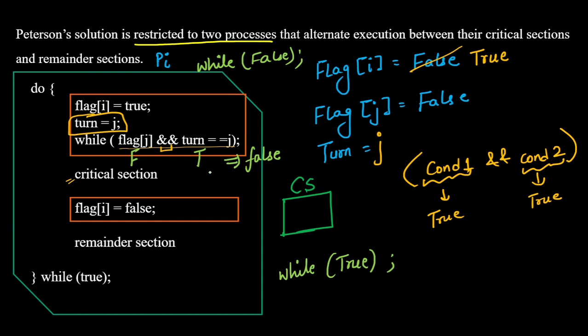Right. So now the condition has become false. Now what will happen, now this is the critical section, now Pi will enter into the critical section. Now what will happen, after exiting the critical section, flag of i will become false. So from here flag of i has become false, correct. And then the remaining section, and then as long as the condition is true you will stay in this loop, and as soon as the while condition becomes false, you will move out of this loop, to whatever the rest of your program is.